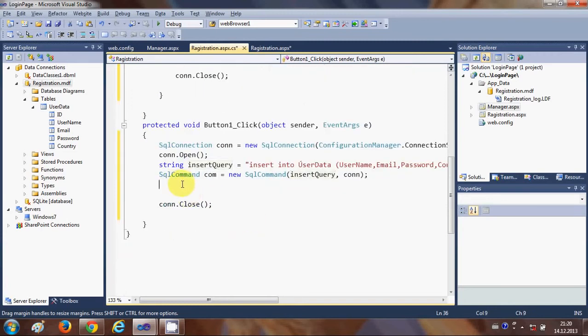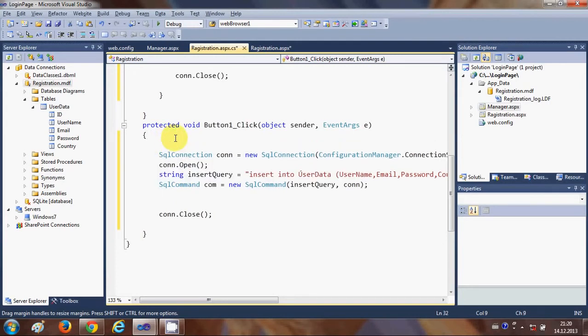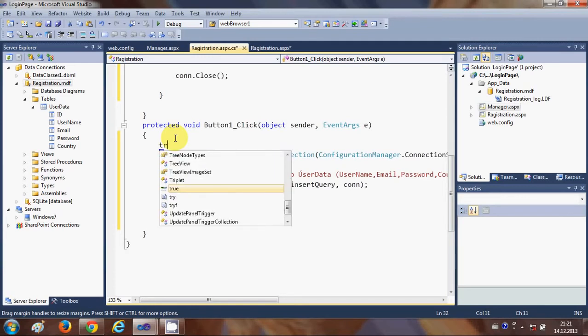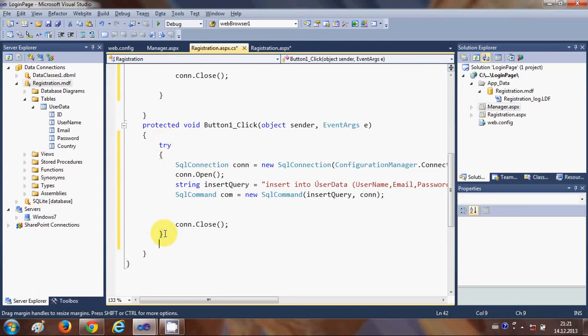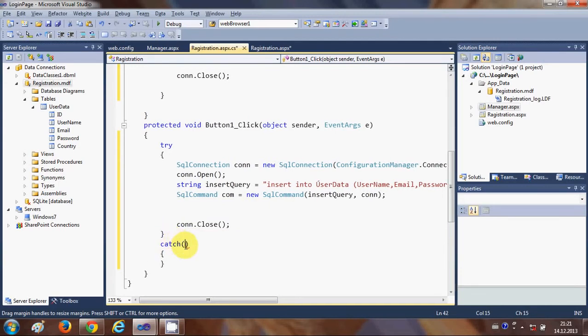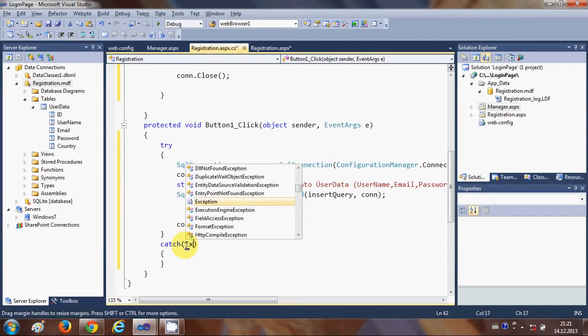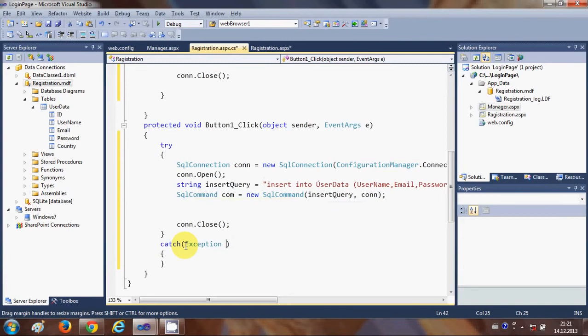So now it's not showing any error, and after this, or I should have done it earlier, we need to catch the error or exception if any occurs. So we will write try, and we will enclose all the code in try and catch the exception. So if any exception occurs, it should catch it. Catch, and in the catch pass the argument Exception ex,